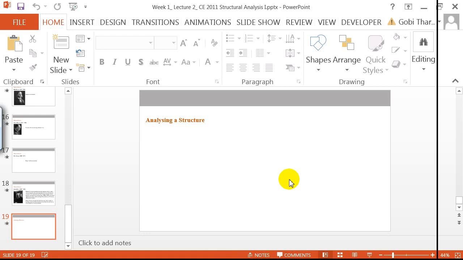So you need to understand basic engineering sense, and the ability to analyze a structure from the basic principles is more important than knowing a lot of software. So here you have an opportunity to learn some of the basic analysis requirements. Okay, that is second. The third one is you have to be